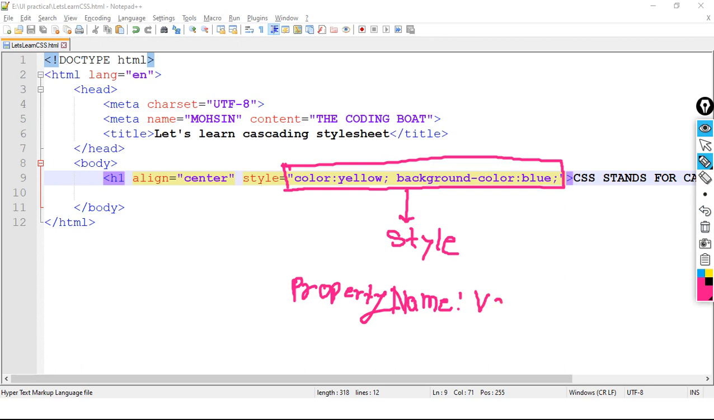Okay, this is the format. And if we want to use multiple properties of style, then we use a semicolon. We use a semicolon. This is a very important point. Then we give some space, and then again the name of another property